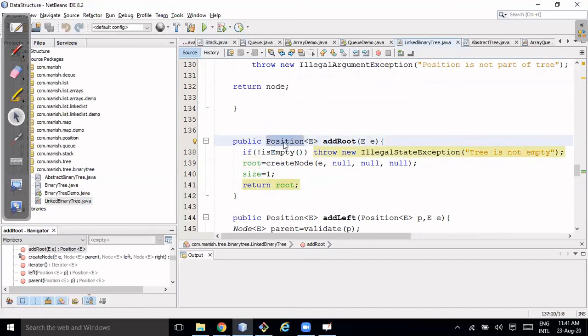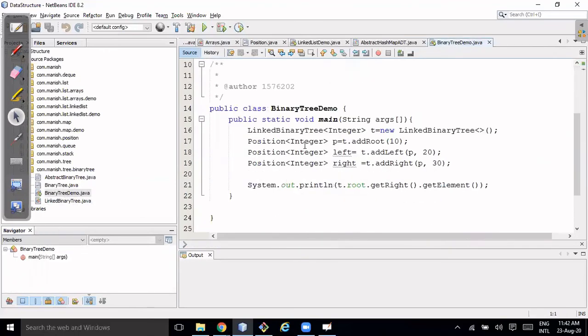In that way, you are able to get the Position object in your client. You cannot create a Node type reference here, but you can create a Position type reference. That is the benefit of using an interface.